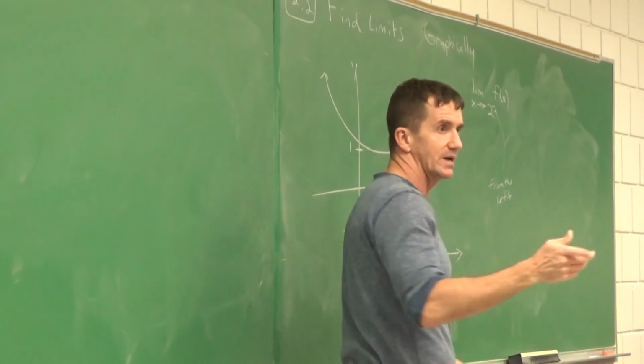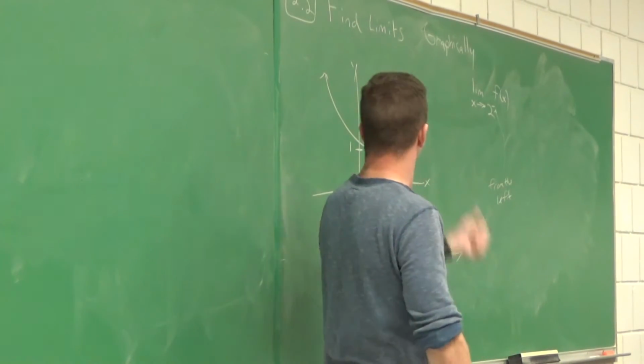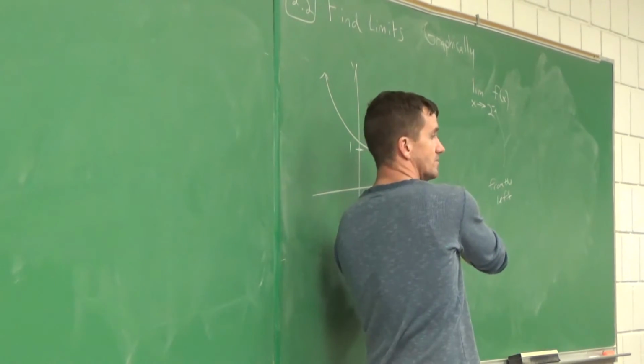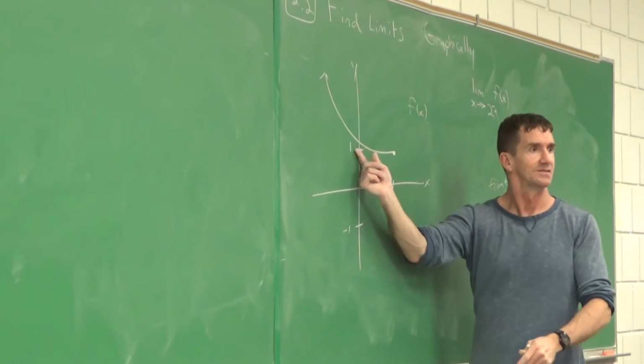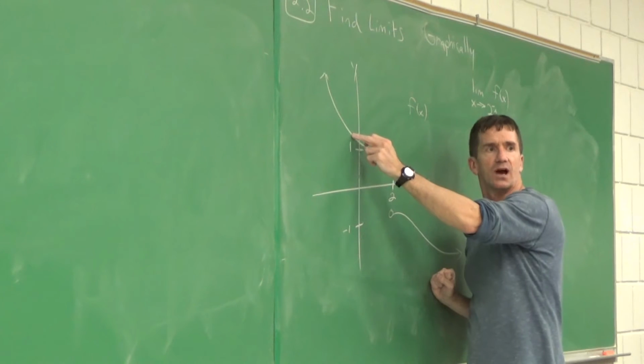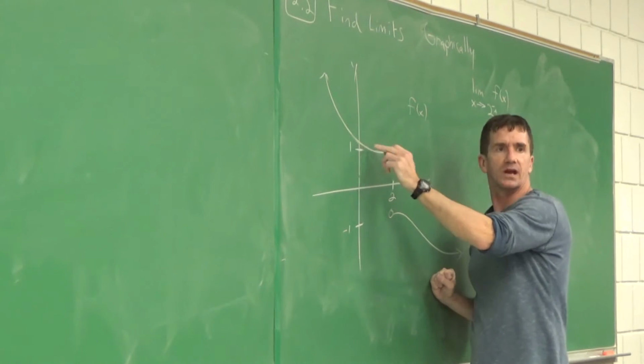So you get your hands or your eyes, a pencil, and you're going to jump on this function on which side of x equal to 2? This side or this side? You're going to jump on this side, aren't you? And you go, what are you going to do? Are you going to take a nice ride? Where do you want to get on it? You get on it on the left side of 2.